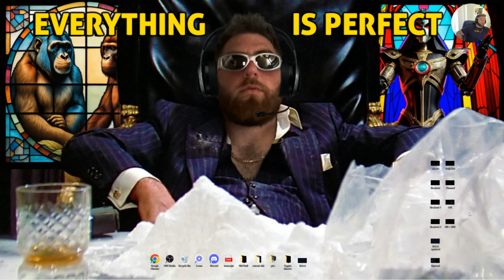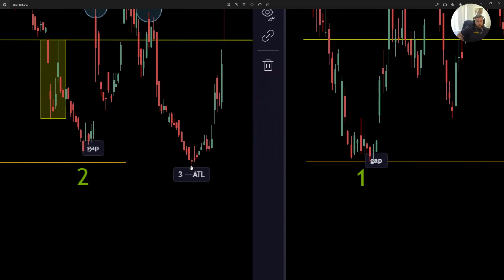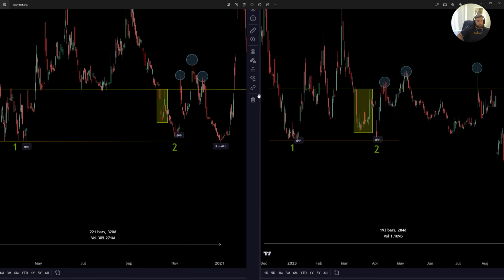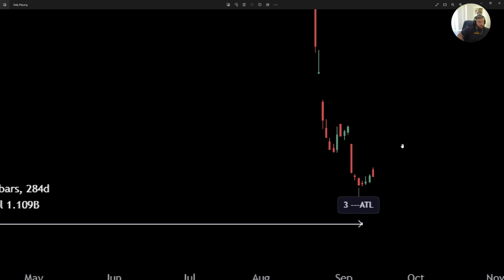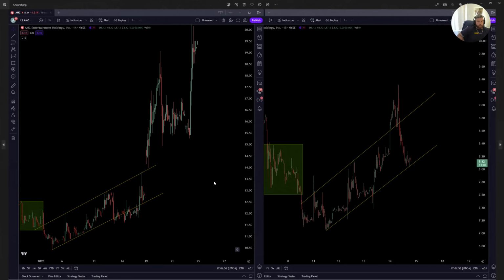Now, looking at this, coming down to your third bottom here, which is the lower low and all-time low. When you do come down to that bottom, you have a channel here, an ascending channel, which takes you to the breakout move, and then your macro break, which is the gap up over the yellow line, which is what we're looking for. And now that we have bottomed, we have an ascending channel here. So getting into that, I mentioned this yesterday, and here it is. So you have this move in the green, which is pretty much right on top of the channel on both sides, the drop down to your bottom, the drop down to your bottom,